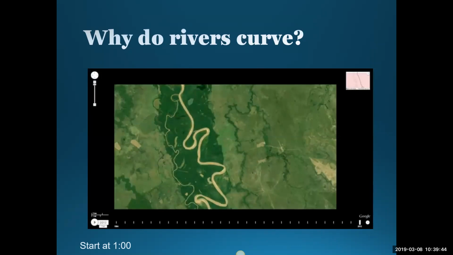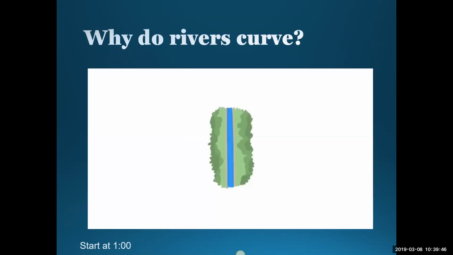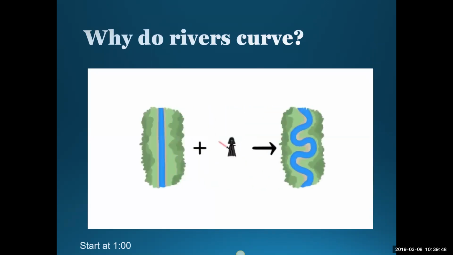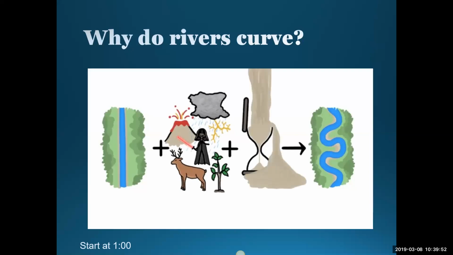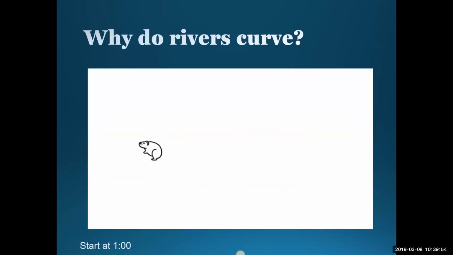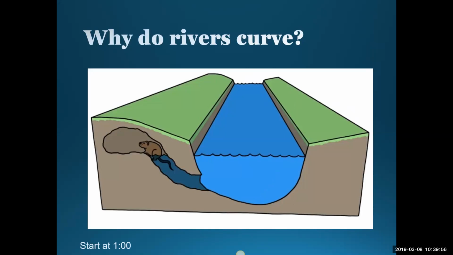At least not for long, because all it takes to turn a straight stretch of river into a bendy one is a little disturbance and a lot of time. And in nature, there's plenty of both. Say, for example, that a muskrat burrows herself a den in one bank of a stream. Her tunnels make for a cozy home, but they also weaken the bank, which eventually begins to crumble and slump